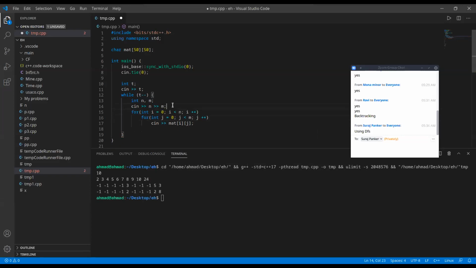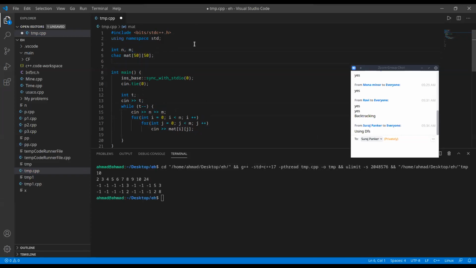So now we took the matrix from the input. One thing here is that we also need to initialize n and m at global, because when we are doing DFS, we want to make sure that we check the bounds. So we will make everything global. Also, for the sake of DFS, we'll make a visited Boolean array. We'll use it later.